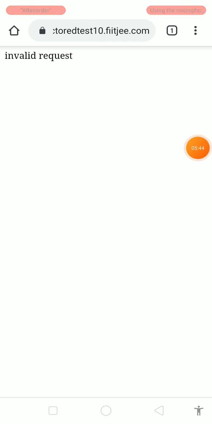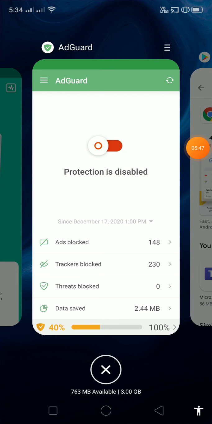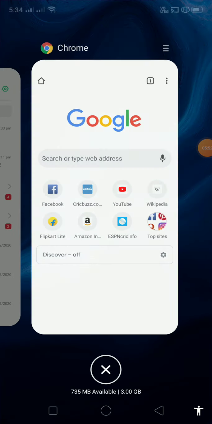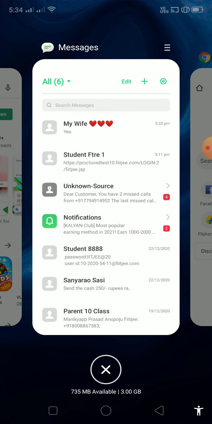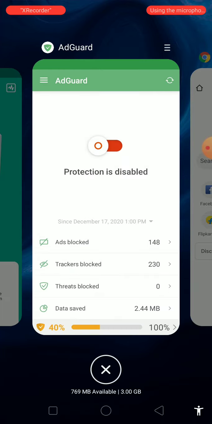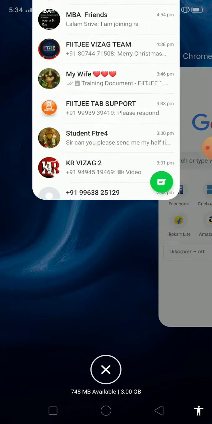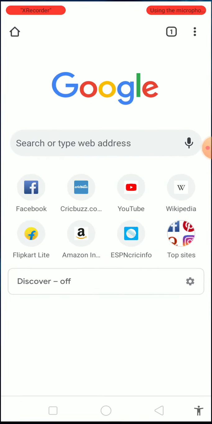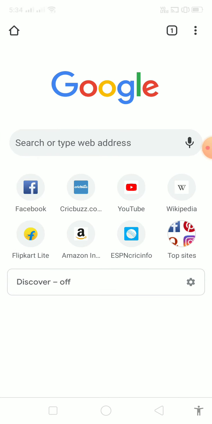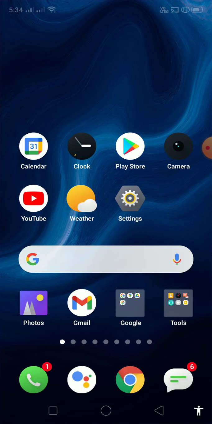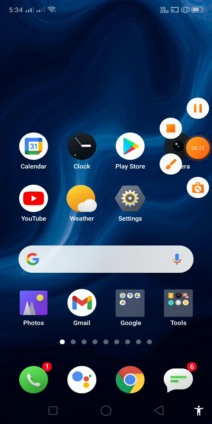While starting the test, you need to close all the apps, because if other apps are open, it will not work. Close all the apps and use only Google Chrome.